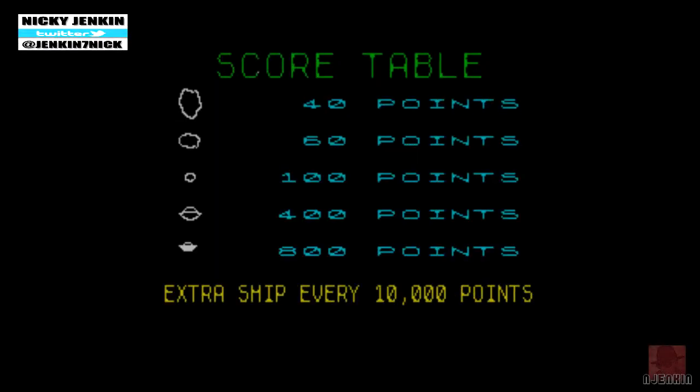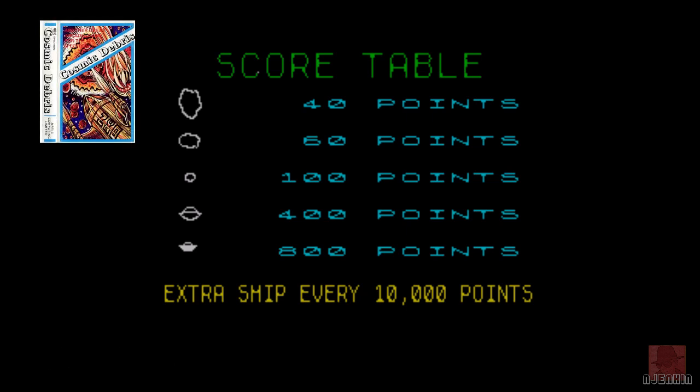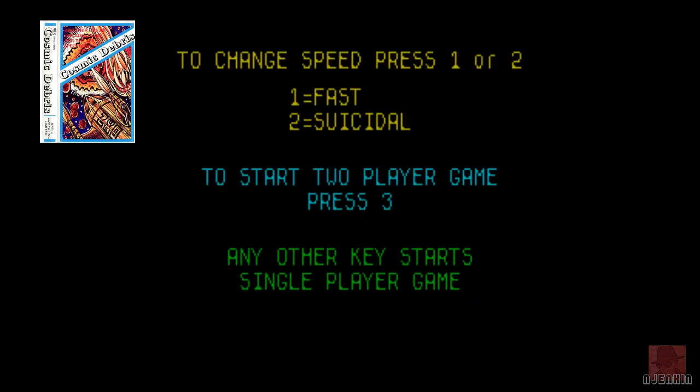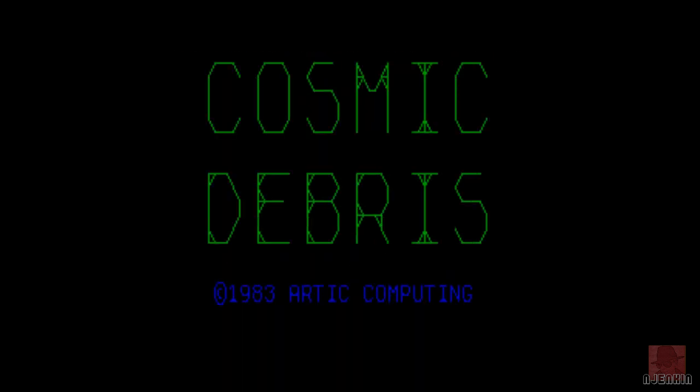My name is Nick, I'm on the ZX Spectrum 48K, although this game was designed for the 16K it says. I find that a bit hard to believe. But anyway, this one's called Cosmic Debris, published by Artic Computing in 1983 and based on the arcade cabinet from Atari in 1979. Now, as I say, it is an Asteroids clone, so the controls are left, right, fire, hyperspace